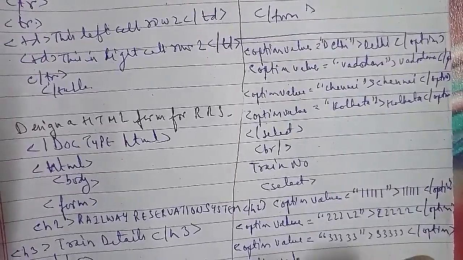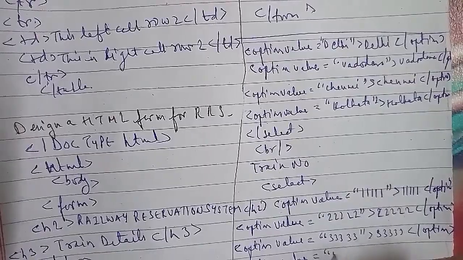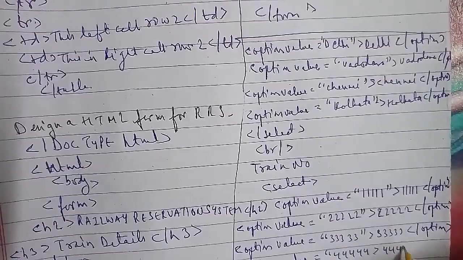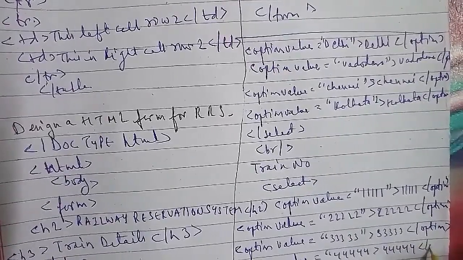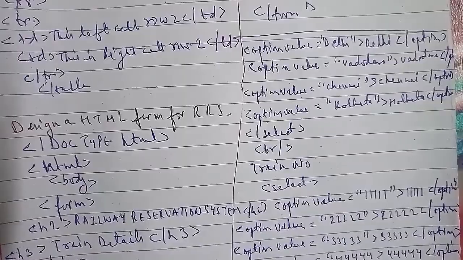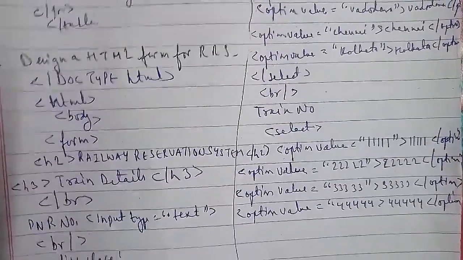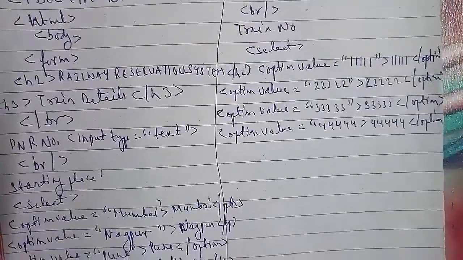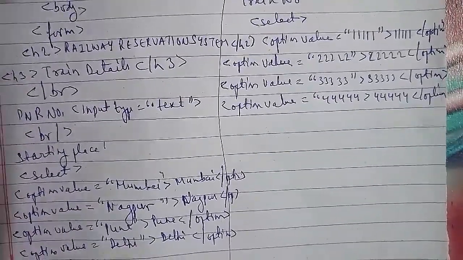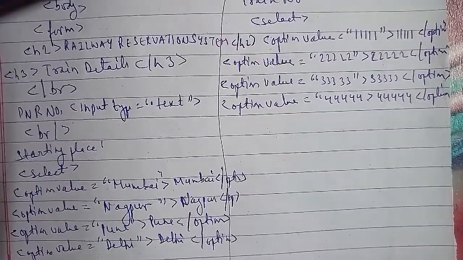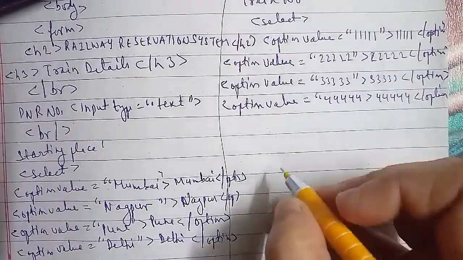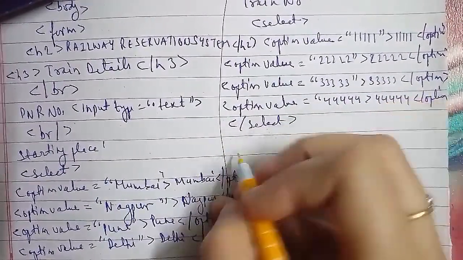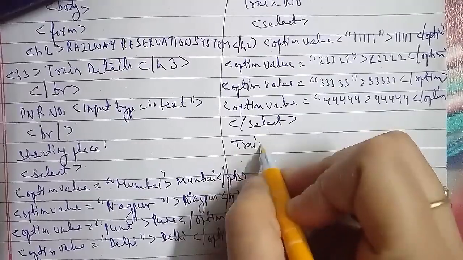Then after that date of journey, input type equals to text, close, then break. Then number of tickets, input type text, then close, then break,